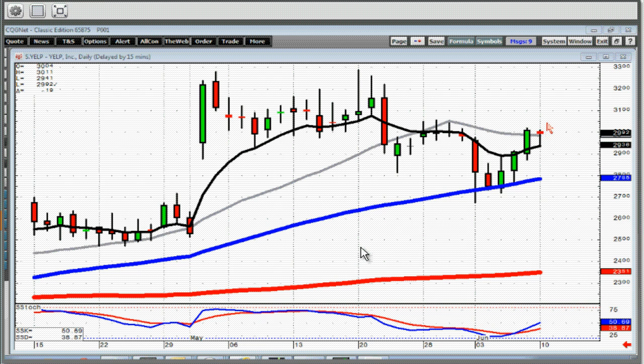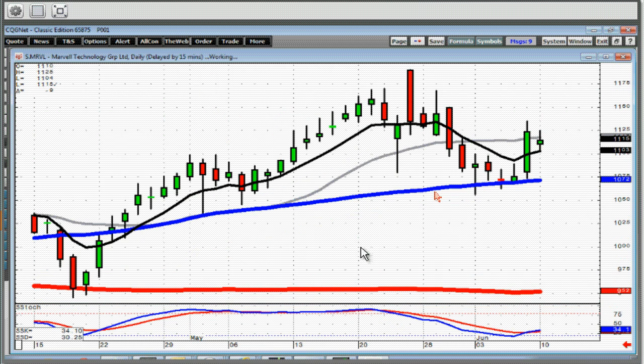doji, look for a doji sandwich on a positive open tomorrow. Notice where it's coming off of, a bullish engulfing signal right on the 50-day moving average. Marvell, another one that came up off an inverted hammer off the 50, opened lower today, but here's the